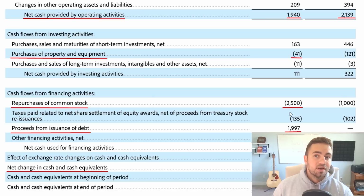So then the question is, how did Adobe's cash position raise by $500 million so far year to date? And the answer is because the company took on about $2 billion of debt in this quarter. So the company is taking on more liabilities. That's also why we saw the liabilities increase on the balance sheet. And this is also how Adobe was able to buy back so much stock and actually increase its cash position as well. So it actually kind of looks like Adobe is taking on a little bit of debt right now